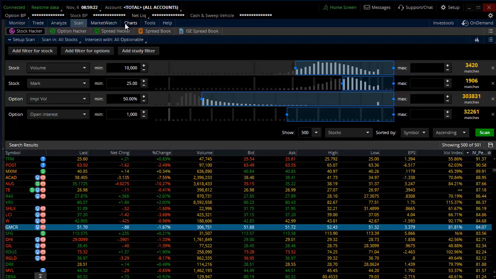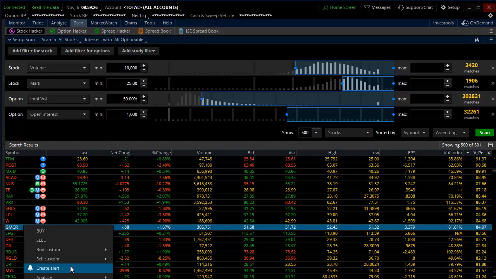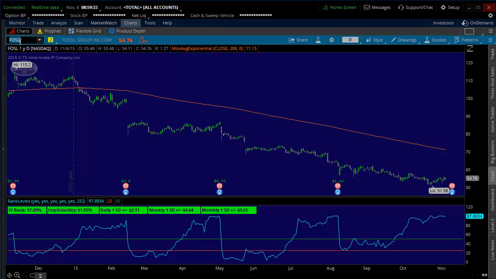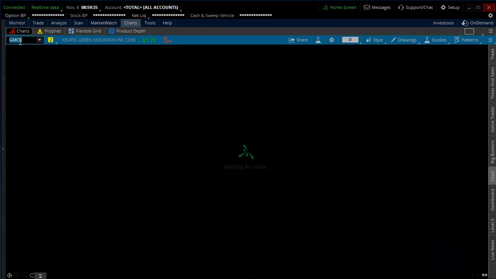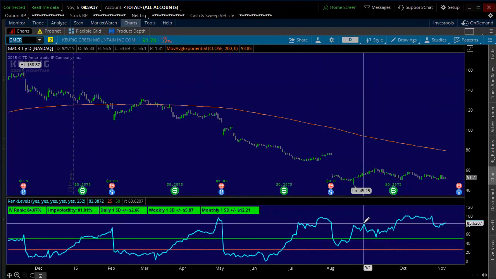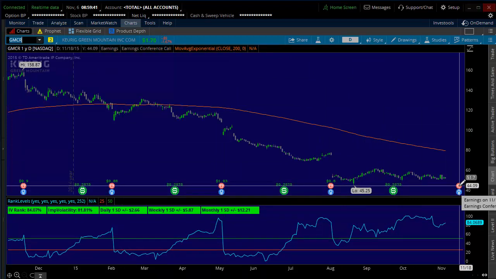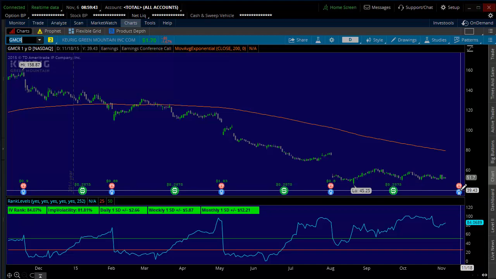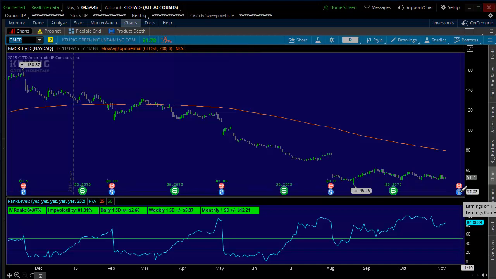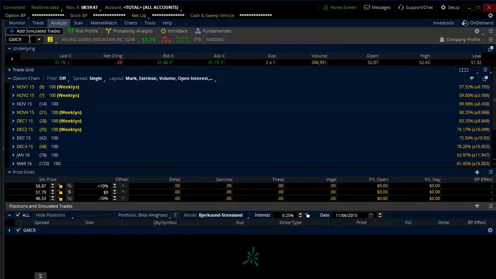GMCR. Let's look at that one. Let's see here. Add to. I thought there was a way where I could link it right to the chart without having to type it every time. So again, we're coming up on some earnings, 11/18, with a conference call on the same day. So if I wanted to come into here,